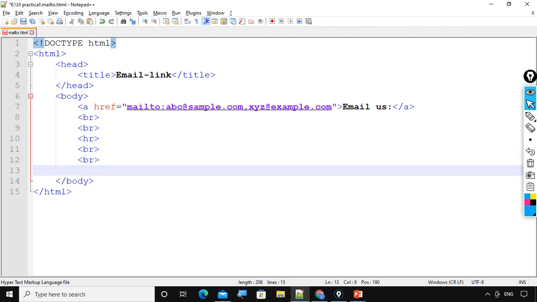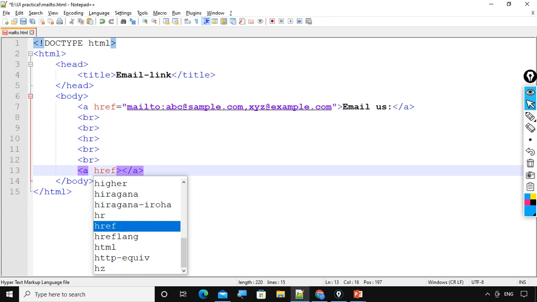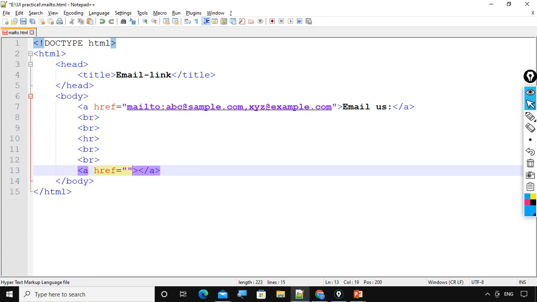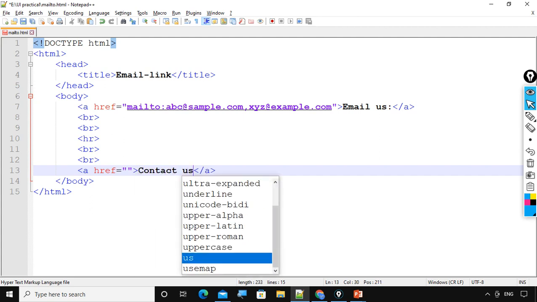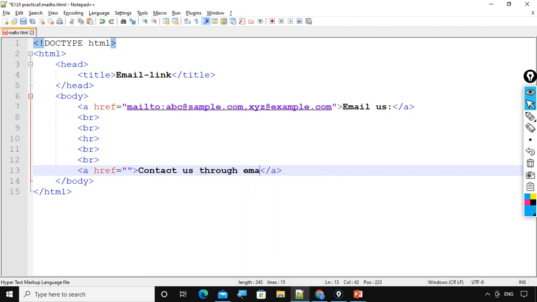Okay, now here observe carefully: opening anchor tag, closing anchor tag. In the anchor I have the mandatory attribute href equal to some value, and within the opening and closing anchor tag I have the descriptor, which is nothing but the name of the link. Contact us through email, this is the name of the link.